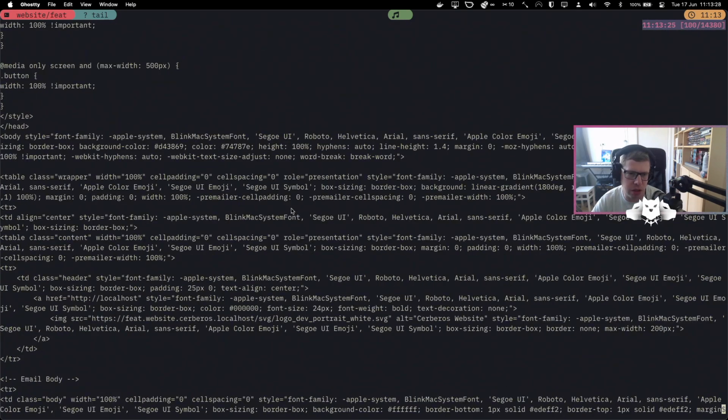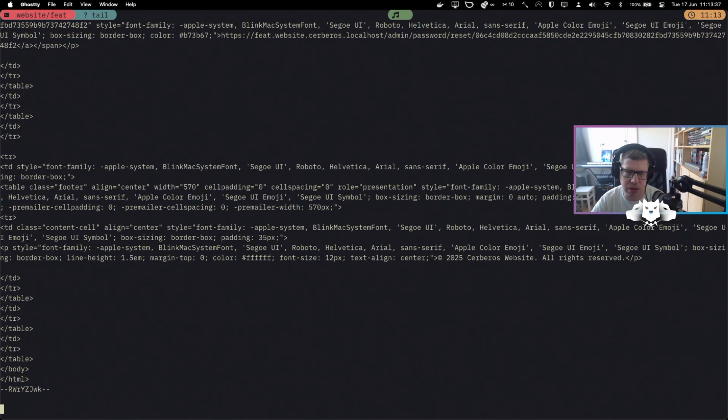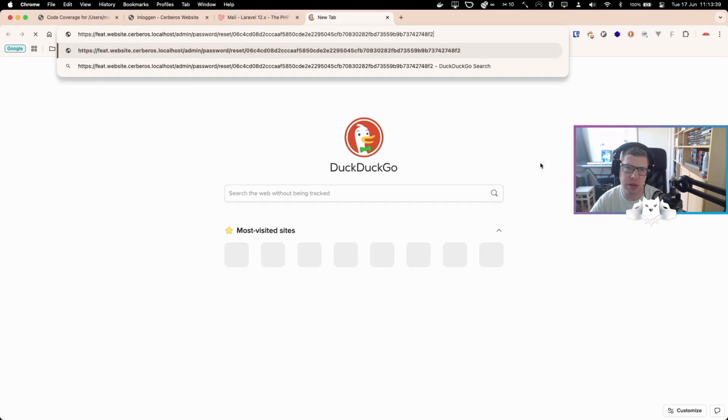So it just sends it to the log. It's a neat little trick if you don't... Yeah, we got the password reset link, so we can grab this,